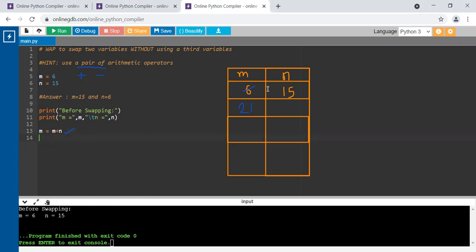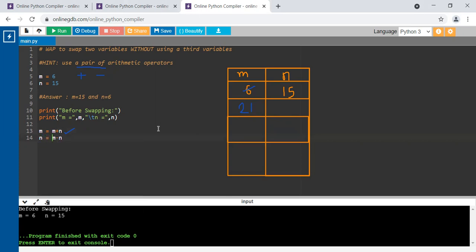So now, after this step, I would like to subtract 15 from 21. That is m minus n. Why so? So that we can get 6 from this sum. So 21 minus 15, we know it will be 6. So I would like to store that 6 in variable n.